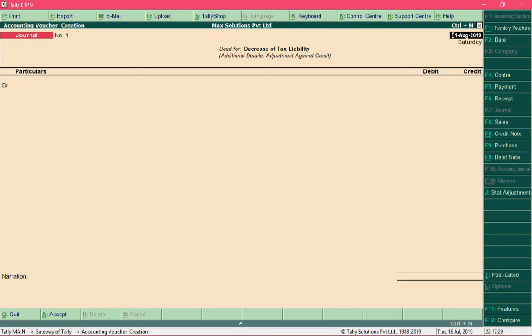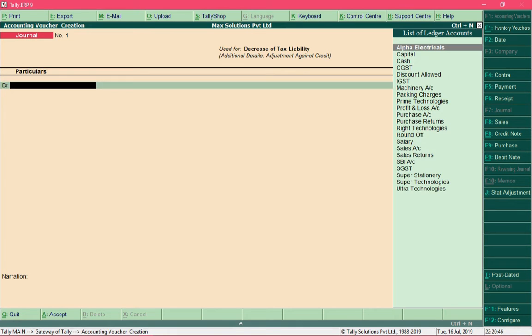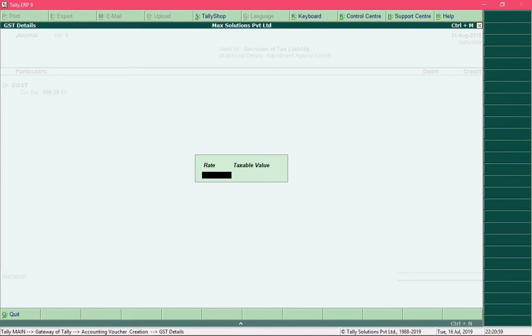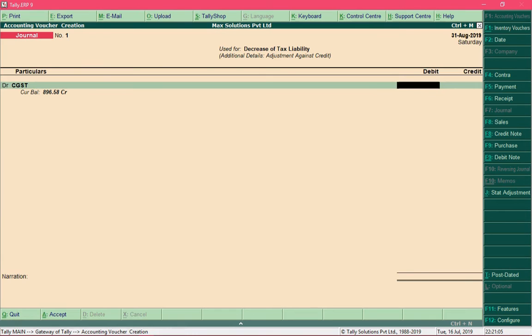We will first set off available IGST against output CGST. So debit the CGST ledger. We are debiting this ledger because we know that debit decreases liability. So in order to decrease CGST liability, I will debit the CGST ledger, skip this step over here, and specify the amount to the extent to which you want to reduce CGST liability.